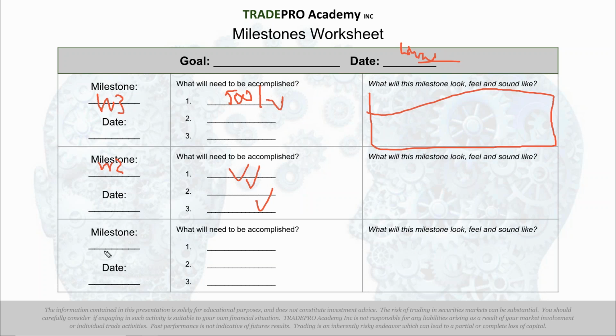Week 2, week 1, you want to print another copy of this sheet. Ask yourself 3 days into it, 1 day into it, and today, what do I need to do? When you do this exercise, you want to walk away with your last milestone being right now. And you've reverse engineered it, so now you know what you have to do right away in order to get to that.